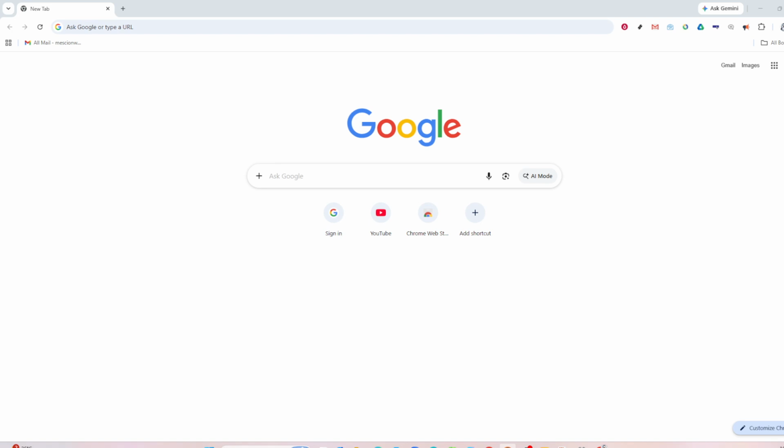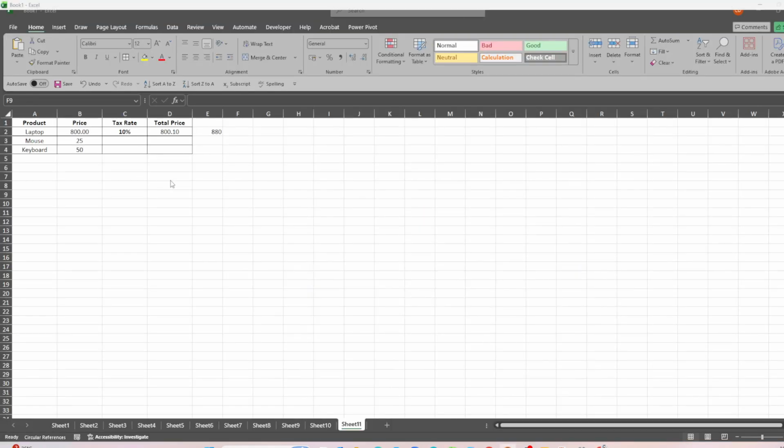To follow along, set up some sample data in your worksheet. In column A, list your products, and in column B, list their prices. Then enter the tax rate, 10%, in cell C2. In this example, the products and prices are placed in cells A2 through B4, and the tax rate is stored